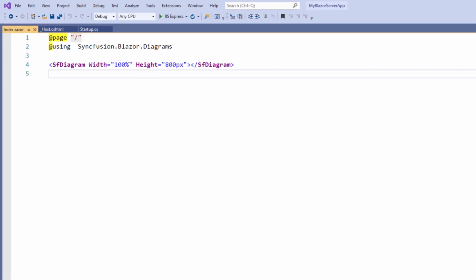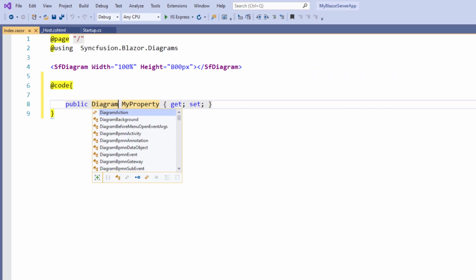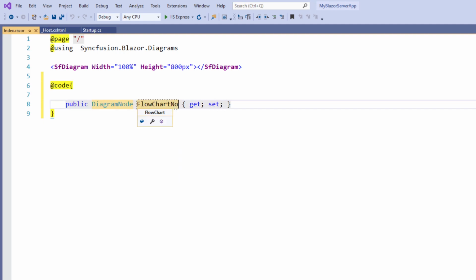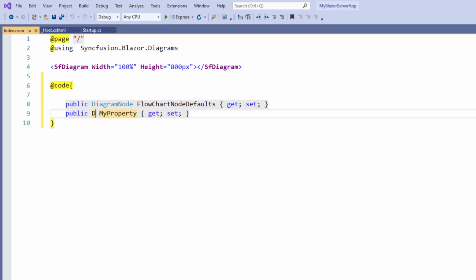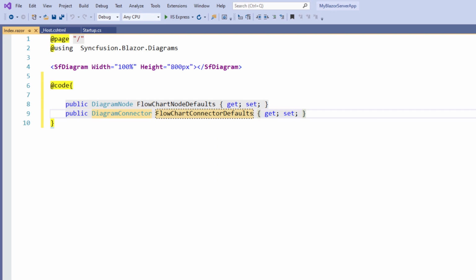To do so, within the code directive, I create a property of type DiagramNode and name it FlowchartNodeDefaults to set the default properties for my flowchart nodes. Next, I create a property of type DiagramConnector and name it FlowchartConnectorDefaults to set the default properties for my flowchart connectors.